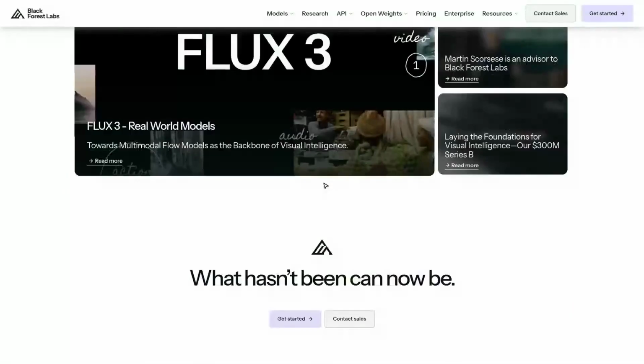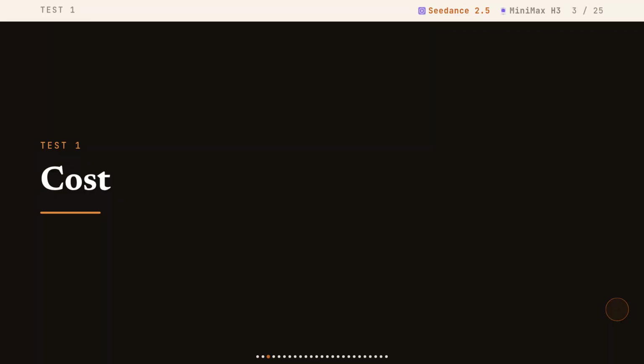yours? Test 1. Cost. I went to price out Seedance 2.5 for a production pipeline and couldn't find an official number anywhere. Just community guesses ranging from 0.04 to 0.35 per second, which is a 9x swing you absolutely cannot